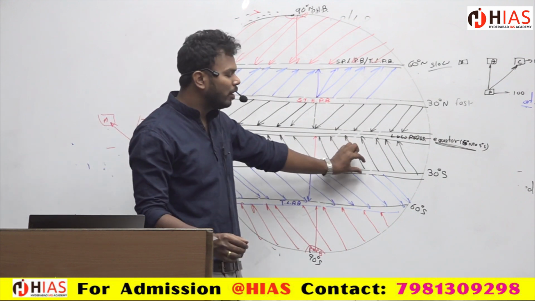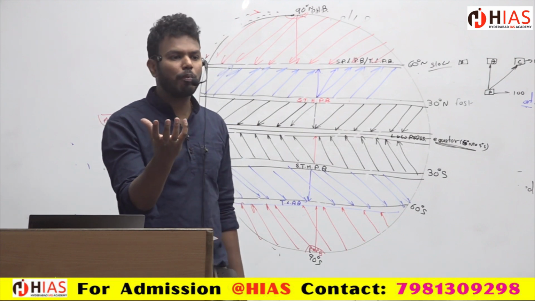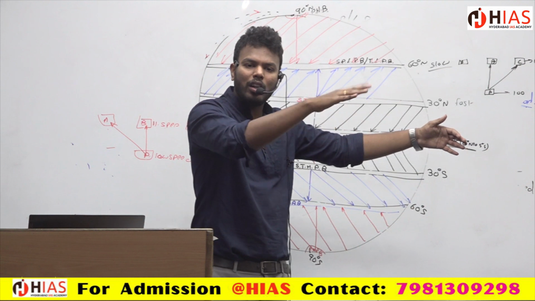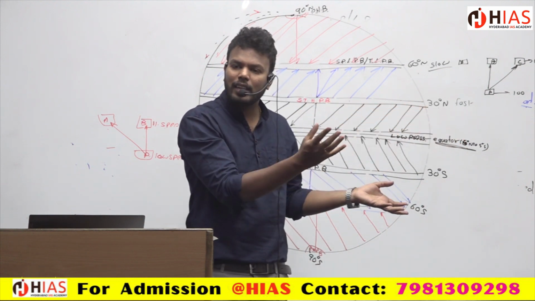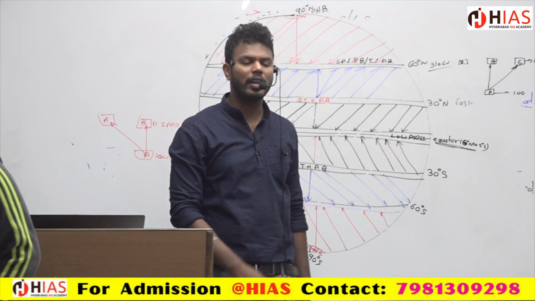Similarly, in this place, even though the winds are coming from the oceans, they have enough moisture. But by the time they reach the end point, they have released all the moisture in the middle. So they are left with no moisture, and that is why there is less rainfall, and there are more deserts on the western sides of the continents.